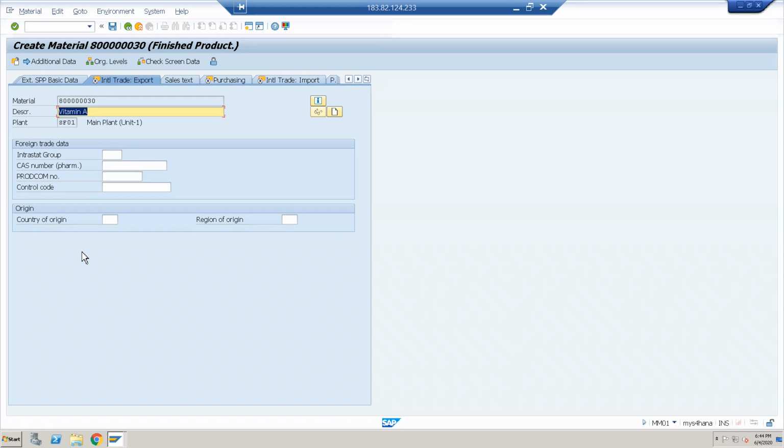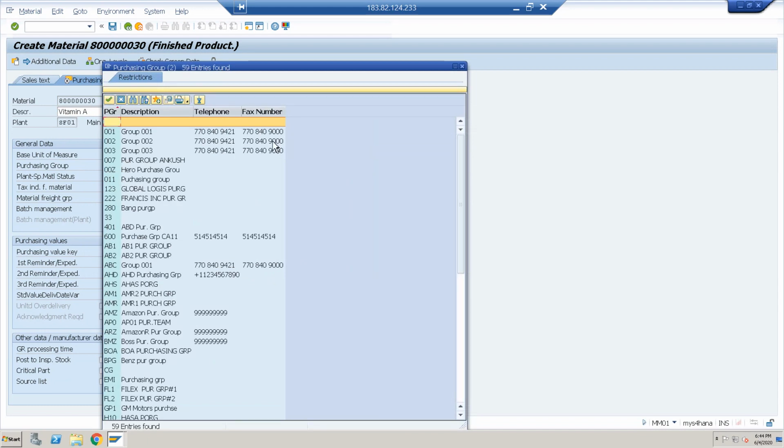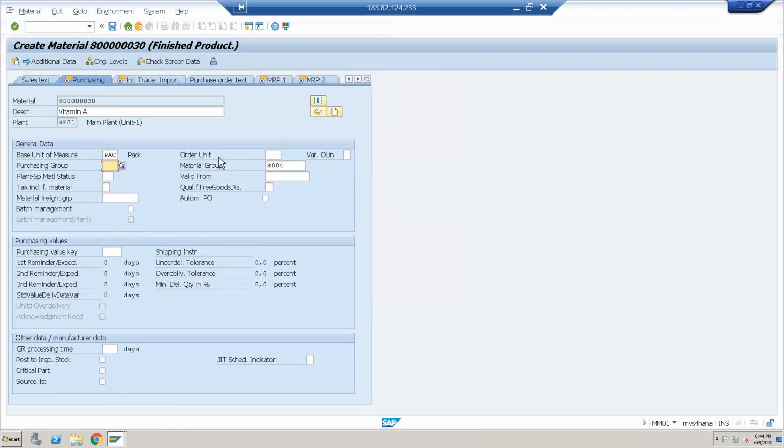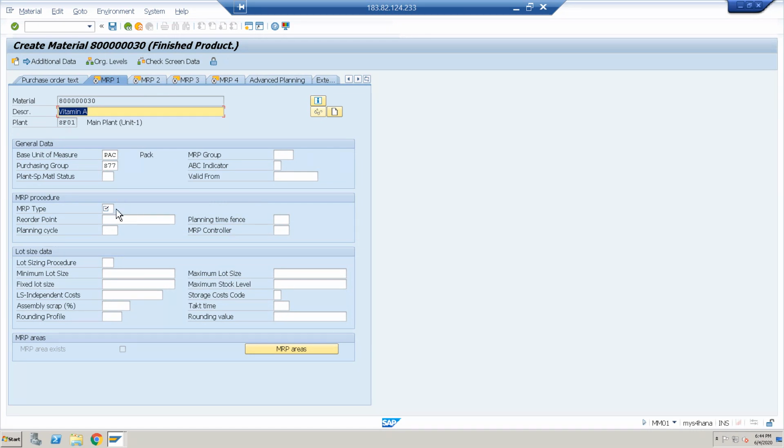I haven't the control code and HSN code for this, so I'll create it later. Just choose your purchase organization and purchasing group here, then the tax code for the material. That is VB, reorder point something like 200, and MRP controller is F.